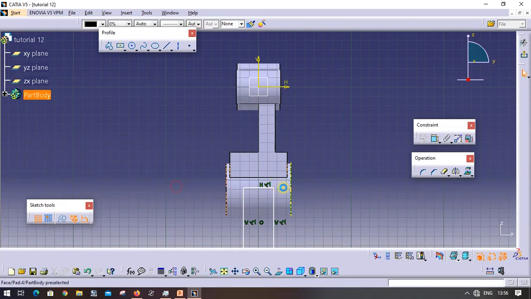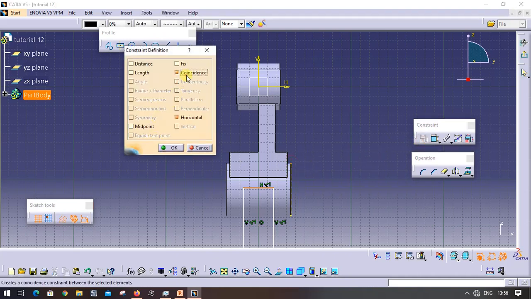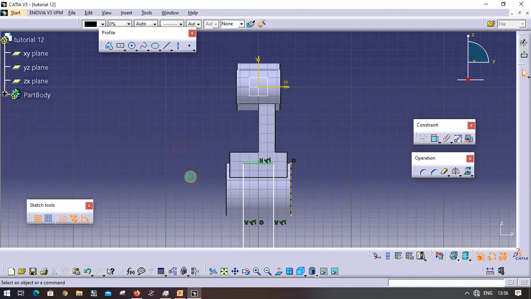So select this edge which is projected and go to sketch tools, select construction element or standard element. It will be converted into a construction element. Now select this line and then this point. Go to constraint defined in a dialog box, give coincident, click on OK.